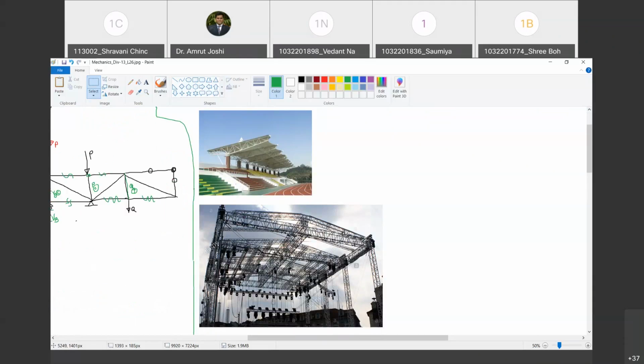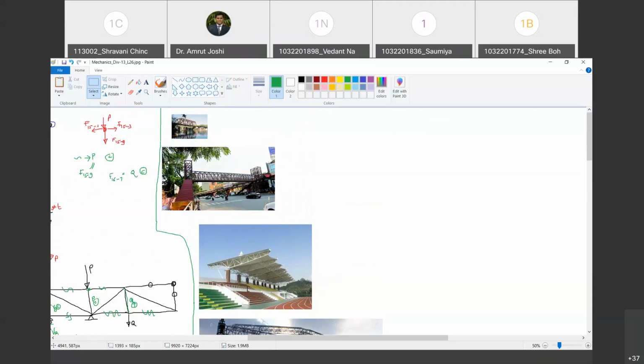Now tell me, in all these examples, do you see a column in between? Yes, sir. Where is the column? Tell me. Columns are only at the ends. Do you agree? Yes, sir. There is no column in between. So now pay attention: what is the dimension of our room? If the room dimension is somewhere, let us say, 4 meters by 5 meters, the beams we give for it are reinforced concrete beams. Are you with me? Now, if you have to give a beam which has a span of 20 to 30 meters made up in reinforced concrete, won't it be very heavy?